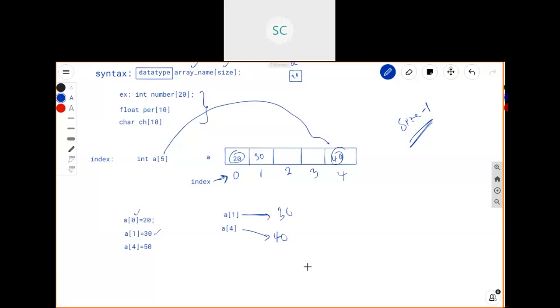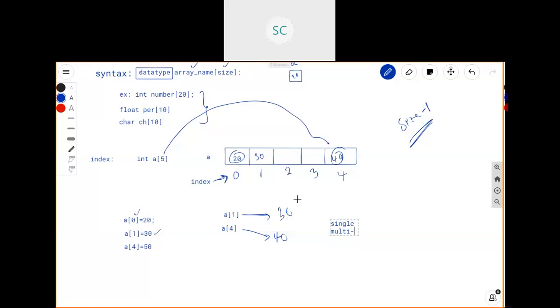We are discussing the arrays concept. We have two types of arrays based on dimension: one is single dimensional, and one is multi-dimensional. Whatever we are seeing here is a single dimensional array.